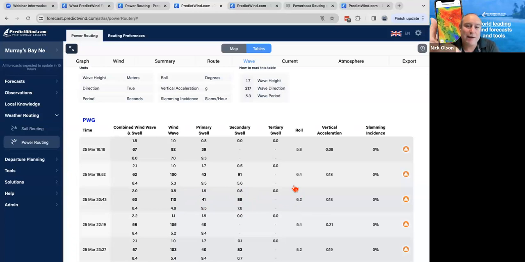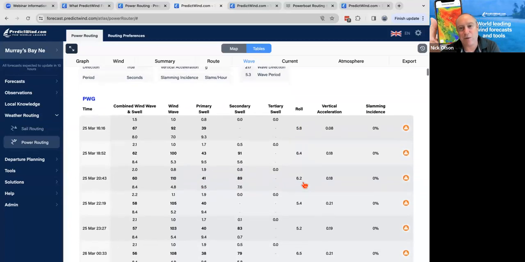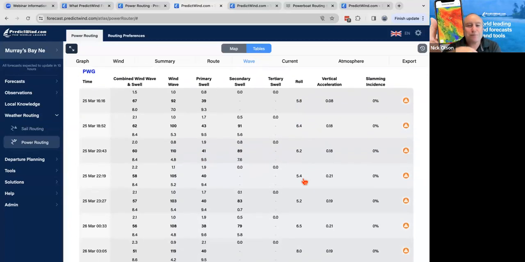both of those are on our beam, and you'll see here it's giving us this roll. So this roll is 6.4, 6.2. That's degrees RMS, the root mean square of our roll. And anything above 4, we start to think it's not very nice. And as you use this tool, you may find that you have your own levels that you don't want to go above. And then at the same time, here we're below 0.2, and then we go above 0.2